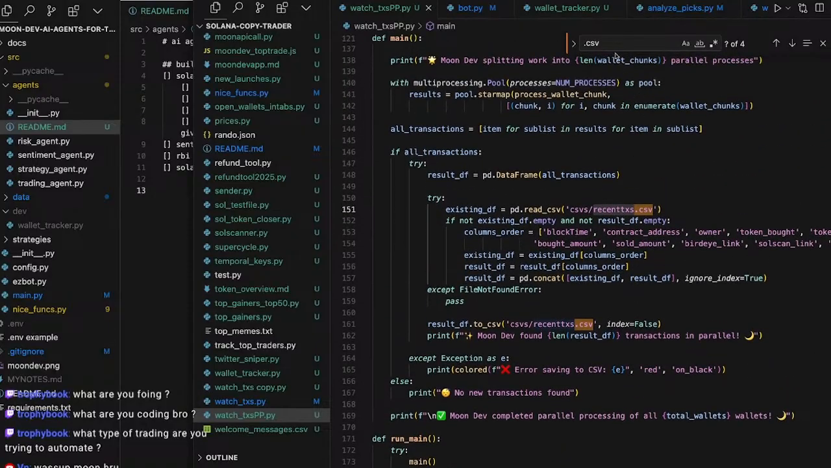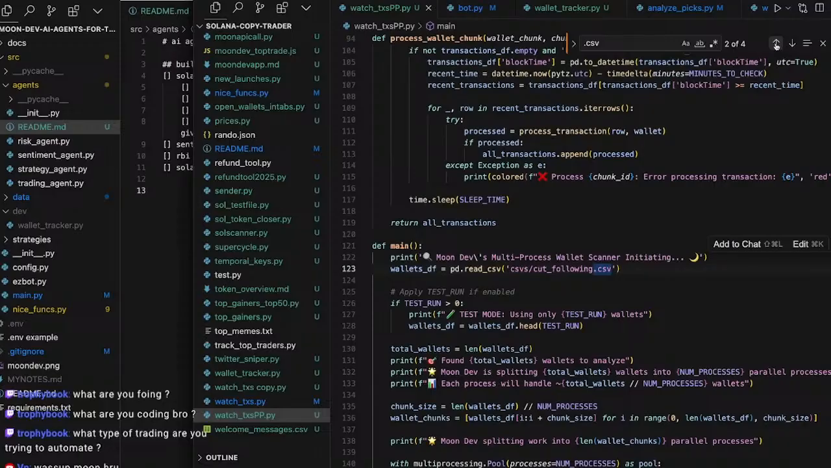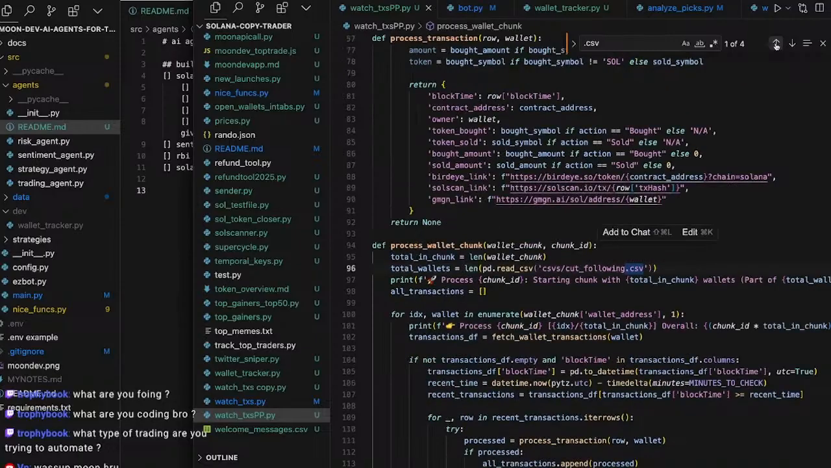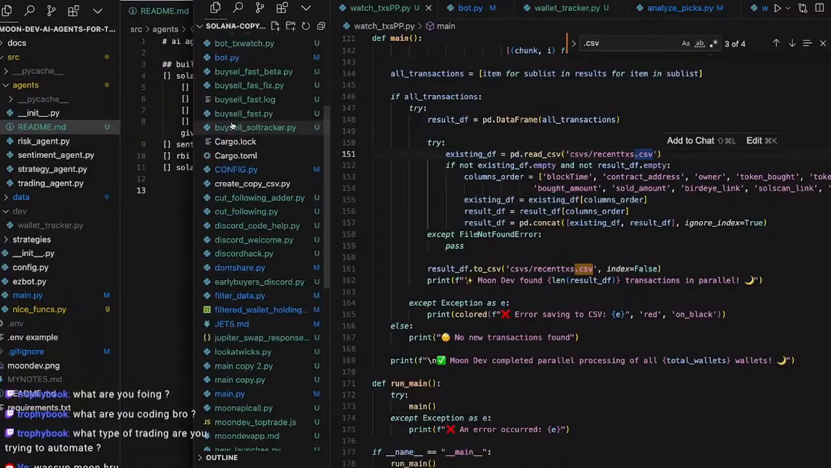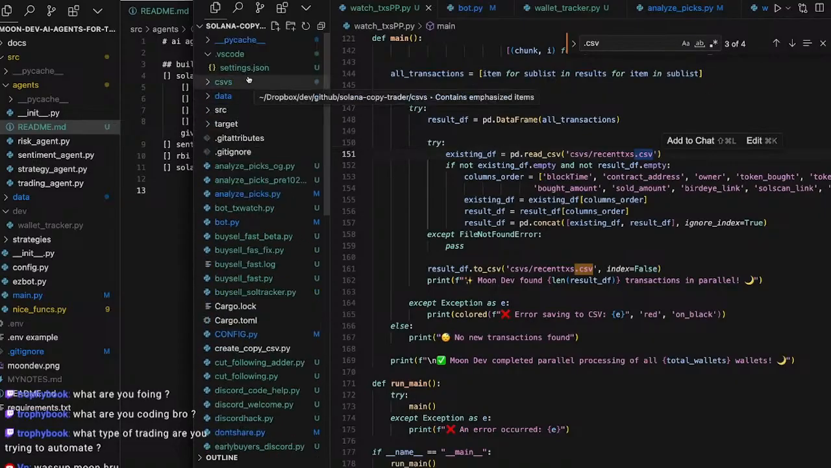Are those the only two CSVs here? Recent TXs and cut following? Cut following, recent TXs, yes. So what is cut following? Cut following is